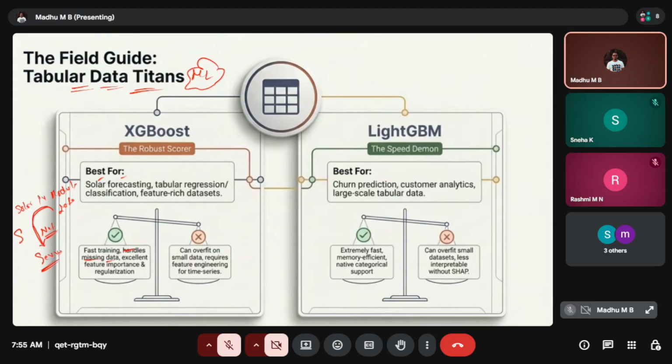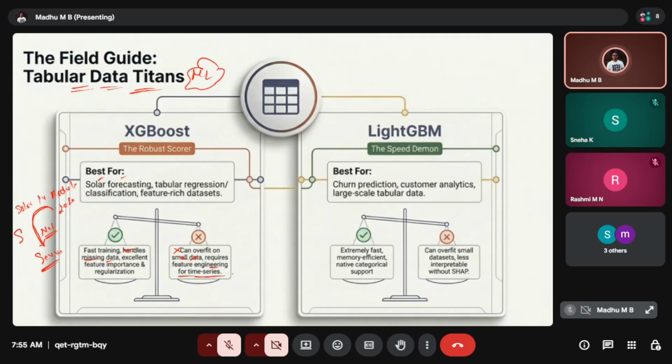Now let's see the disadvantage, the weakness of this. It can fit a smaller data set, but it will overfit on a small data set. Okay, if we have a small data set, again it is not suitable, because the model is suited for very large tabular data sets. So it is not fit for smaller data sets and requires feature engineering for time series.